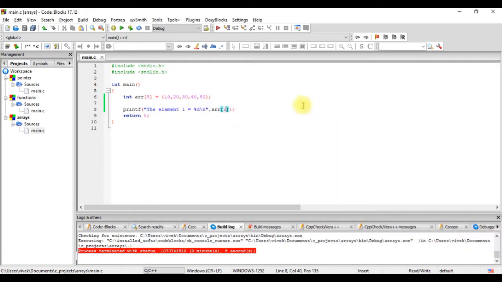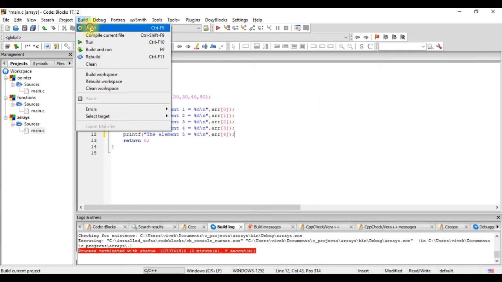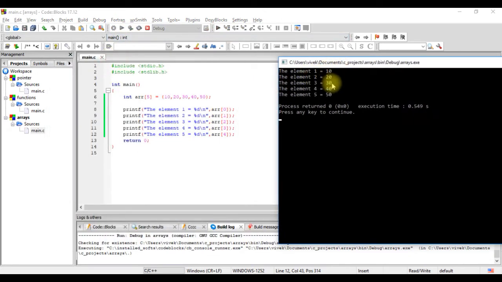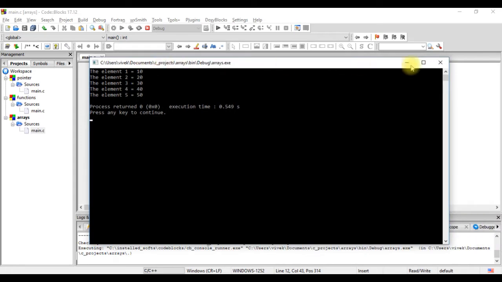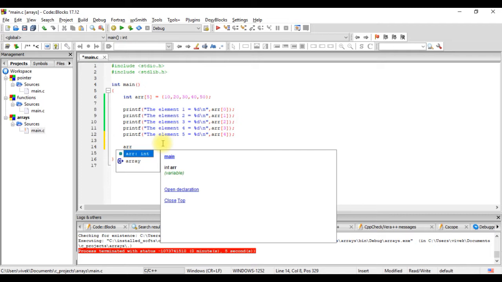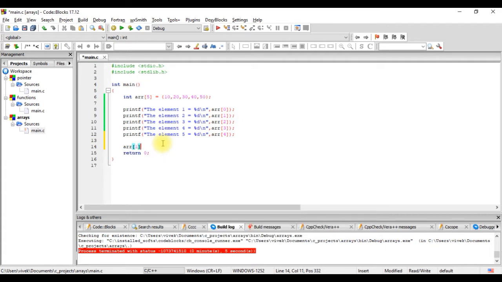Let's print all the values and see. When we run this program, we see all the values 10, 20, 30, 40 and 50. Let's change one of these values now. So ARR and in brackets giving the index is how we are accessing the values. If I write ARR and mention 1 here, which value will get changed? It's not 10, it's 20 that will get changed.